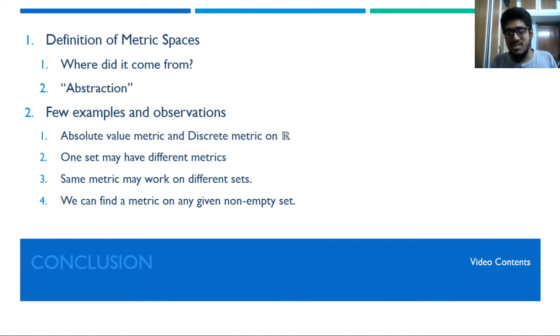Welcome, Balakrishnan. We are halfway through the session, and these are the things we have discussed so far. We have talked about definition. We have talked about where it came from. We talked about a few examples and some properties. So, can you think of others who have been here? Can you think of a metric which can possibly work on any given set?